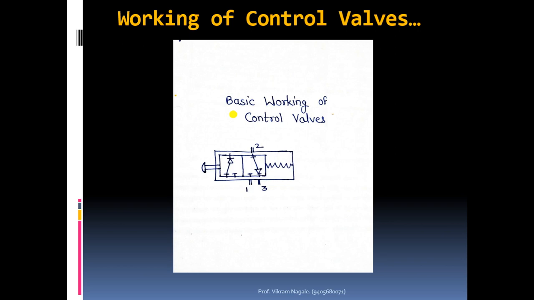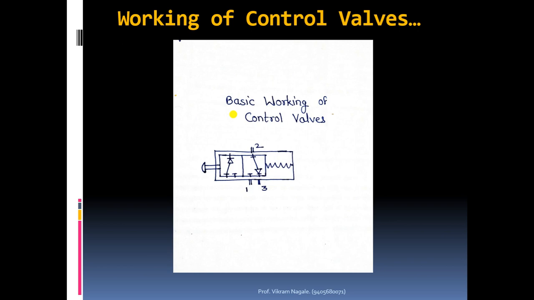Whenever we want to activate the left side block, we have to release the pressure on the right hand side in case of air operated, or in case of spring return, we have to apply pressure on the left hand side which is greater than the spring pressure. Then the applied force will overcome the spring pressure and will move the block towards the right side.